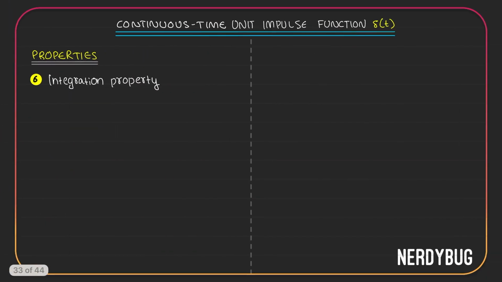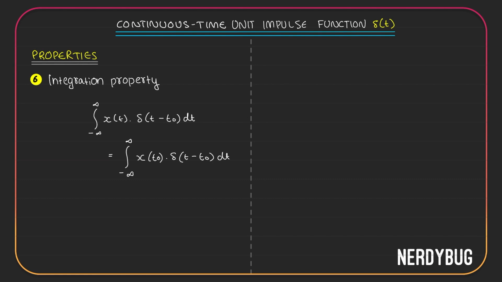Let's move on to the next property, which is the integration property. Here we try to integrate from minus infinity to infinity some function x of t multiplied by a time shifted unit impulse signal. Now, we just learned that x of t multiplied by delta of t minus t naught will sample x of t at t naught. It will come at t naught and it will have a value that is equal to the magnitude of x of t at t naught. So, this will be integral from minus infinity to infinity. Magnitude will be x of t naught and it will be found at t naught. So, to show that, we still have to write delta of t minus t naught dt.